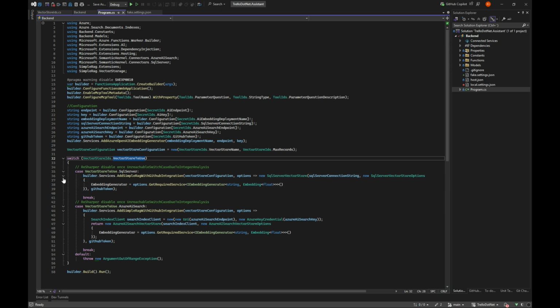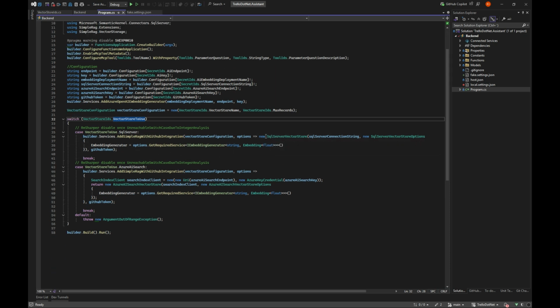Then you can use SQL Server. So SQL Server would just be a connection string and then an embedding generator. And Azure AI Search is just an Azure Search client and an embedding generator. So in real code, you don't need to make multiple, but of course, I've just adjusted it here so I can easily switch between the two.